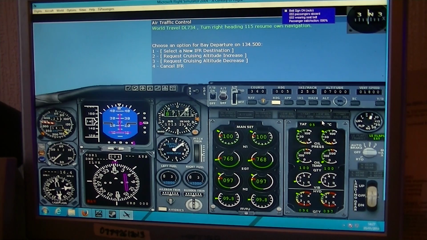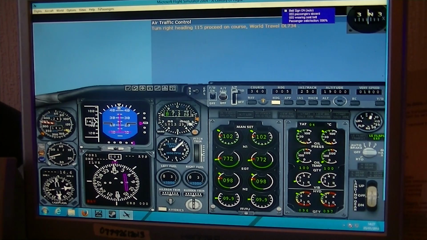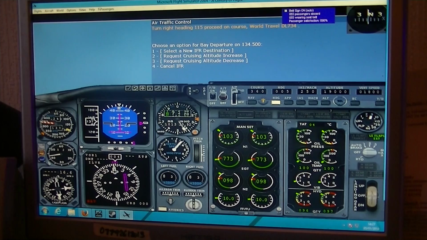Turn right heading 115. Altitude 110. Set and check. Turn right heading 115. Heading 115. World Travel